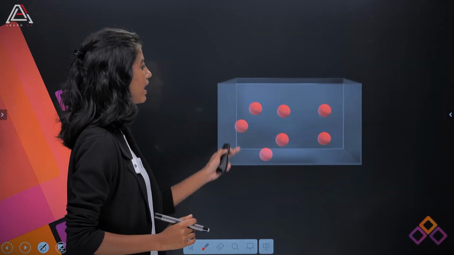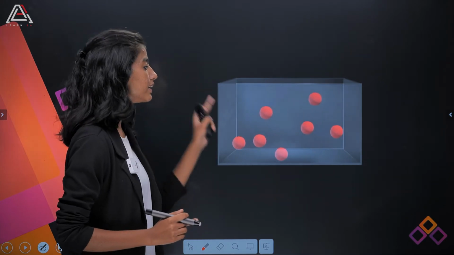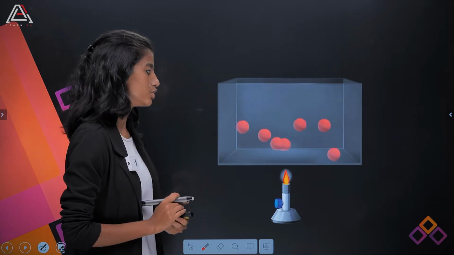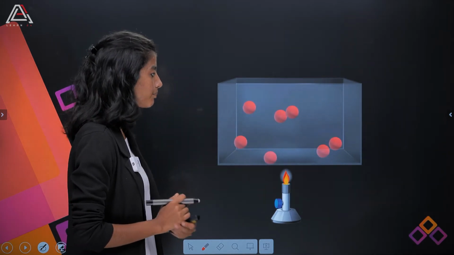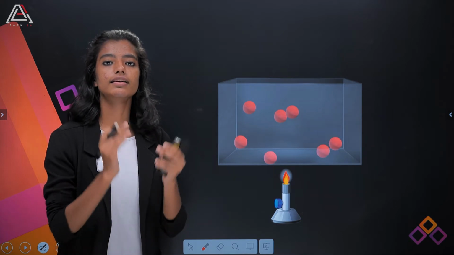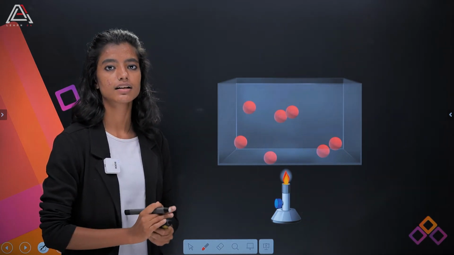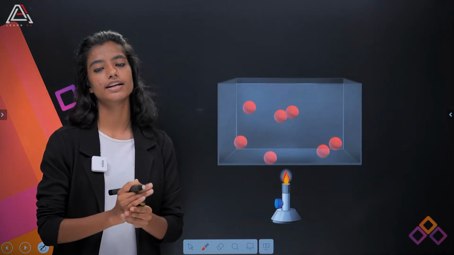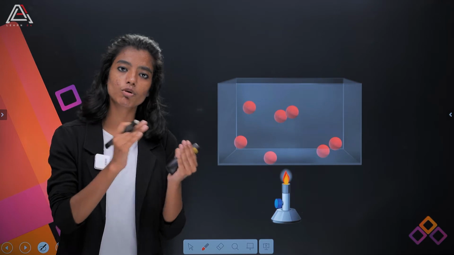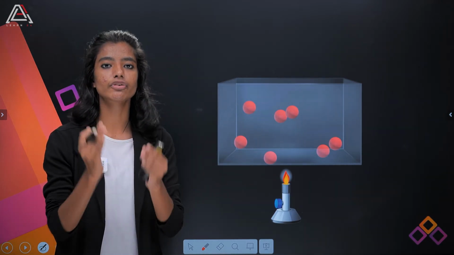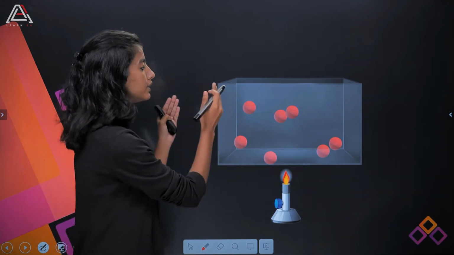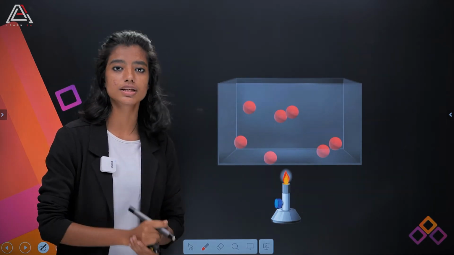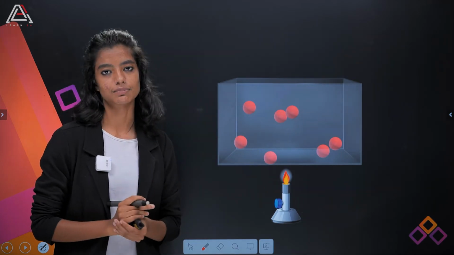Let me explain it. I have some particles moving around and they don't have the required amount of kinetic energy to make collisions. Now I have increased the temperature so that the molecules will now have the kinetic energy so that they can make the collisions happen. If they have more kinetic energy, they will move faster. If they move faster, the chances of collision are more. So the reacting species should have a minimum amount of kinetic energy to make the collision possible.